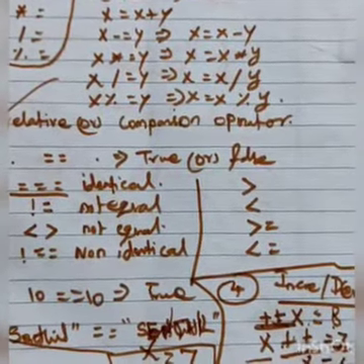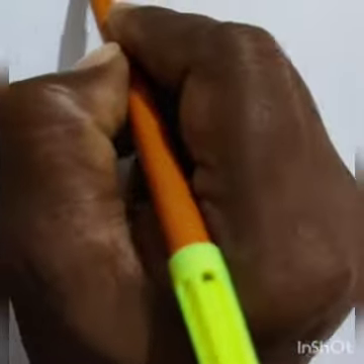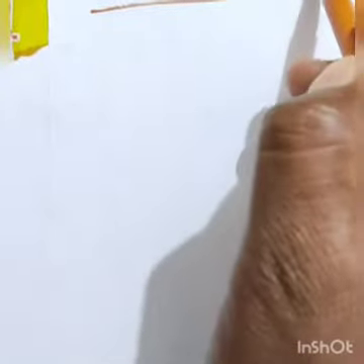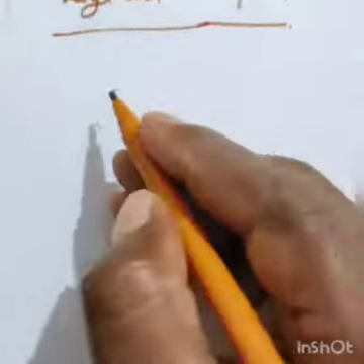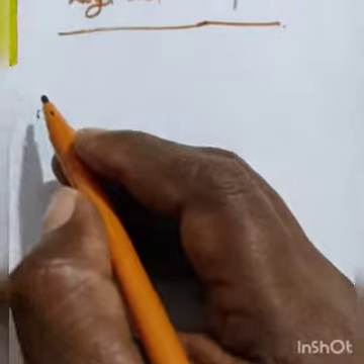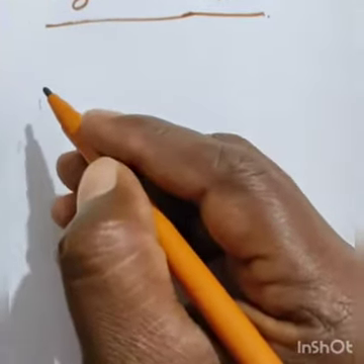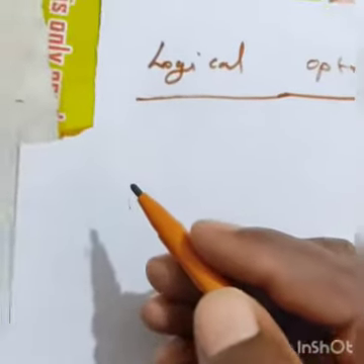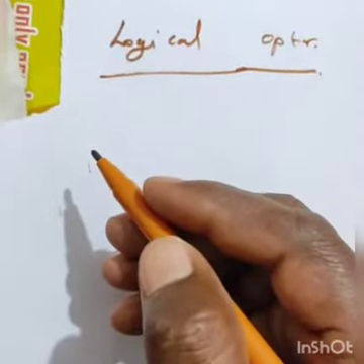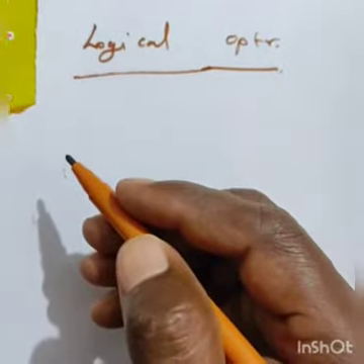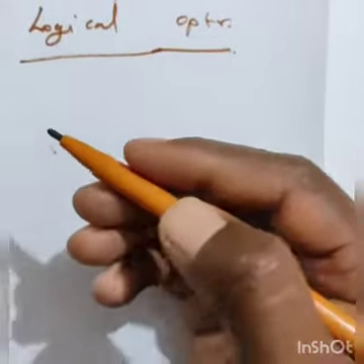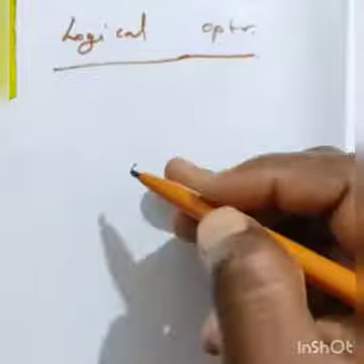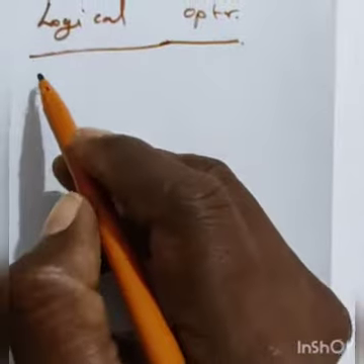So next topic I will teach you. Next operator I will teach you: logical operator. The logical operators, what does it mean? There are 4 types of operators there. The logical operators are combined in the conditional statements. The logical operator is compared to the comparison operator or relational operator, also this operator including this expression.